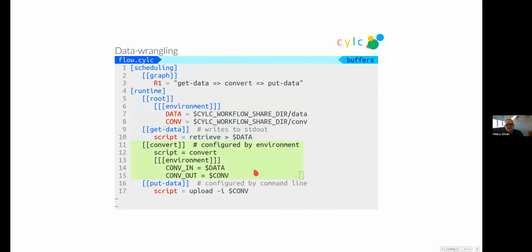Then the convert application happens to be configured via environment variables for its inputs and outputs. So we tell it these locations here. Read in the file $data, which the previous application wrote to, and write out this one. And then the final application happens to be configured via its command line, an option, and we tell it the shared data location like that. So that's a complete runnable workflow given these three applications.